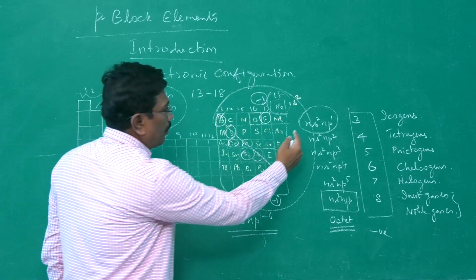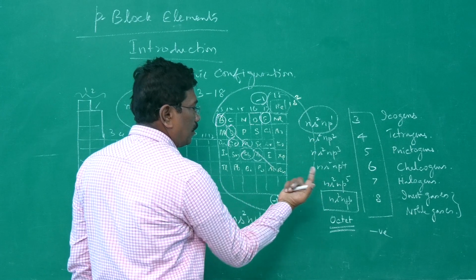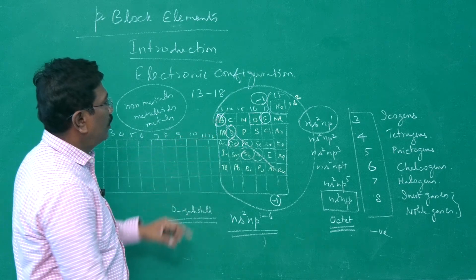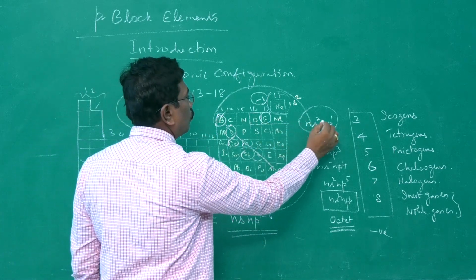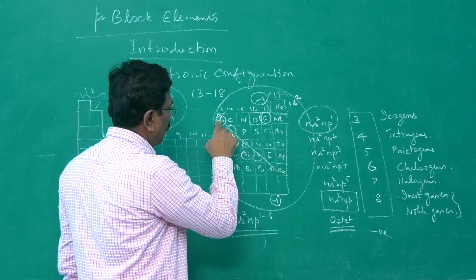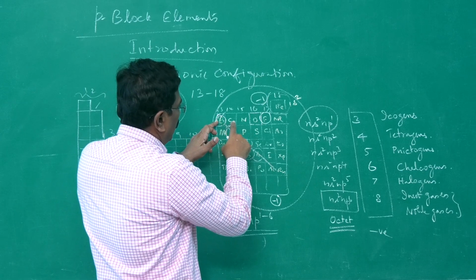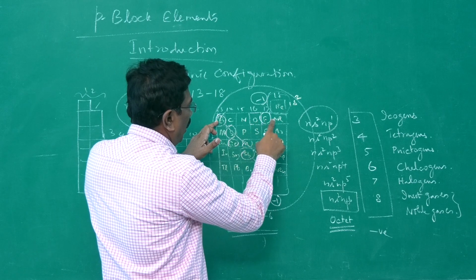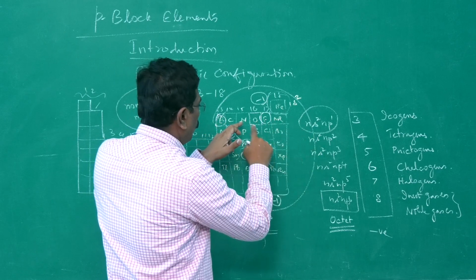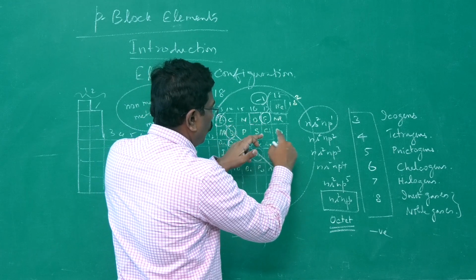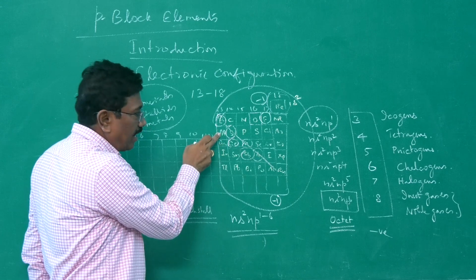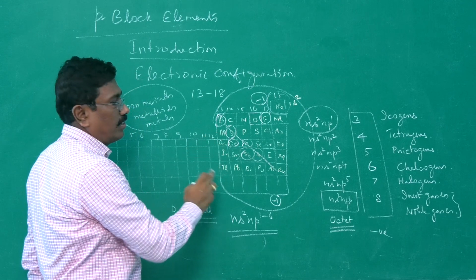And what for we made n? n is the principal quantum number. If we go in for boron, it is 2, second period, 2s2 2p1. Boron group. Boron, carbon, nitrogen, oxygen, fluorine and neon. These elements are referred to as 2s2 2p1, 2s2 2p2, 2s2 2p3, 2s2 2p4, 2s2 2p5, 2s2 2p6, likewise it goes on. If we go in for the third period, n becomes 3, then n becomes 4, likewise.